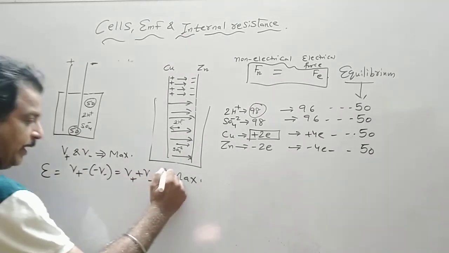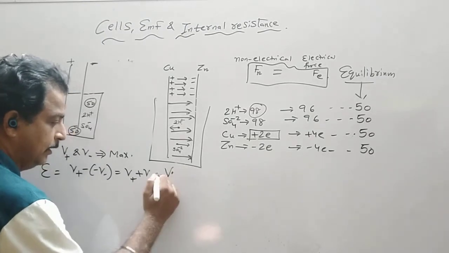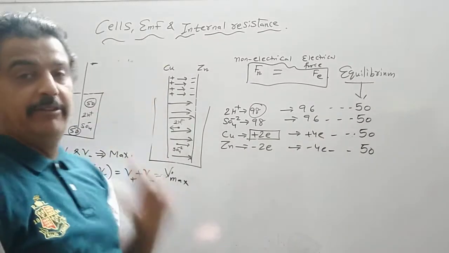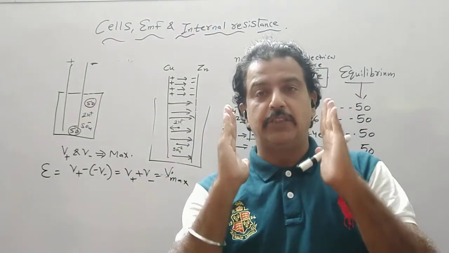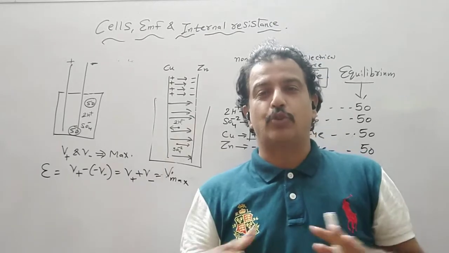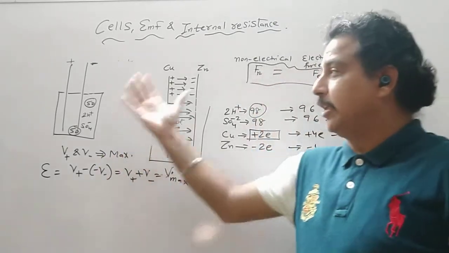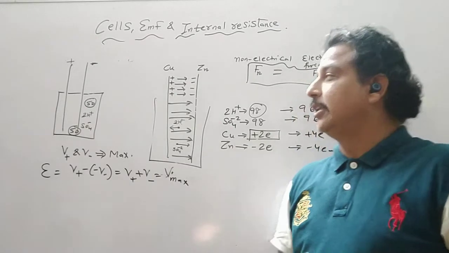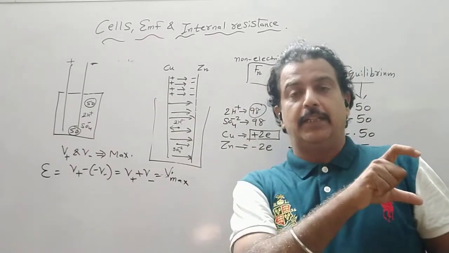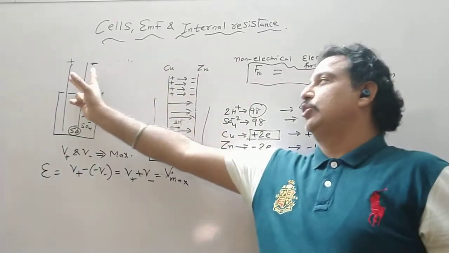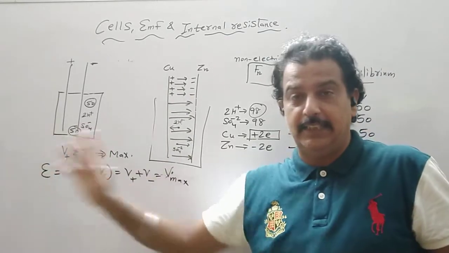This is called EMF, denoted by the symbol E, which is written like this, a curved E. So what is the EMF? EMF is the maximum potential difference between the two electrodes of a cell when no current is drawn from it. You are not taking the current. It is called open circuit condition. So when I bring a cell from a market or a newly formed cell, the potential difference between these two electrodes is maximum, which is referred to as EMF.